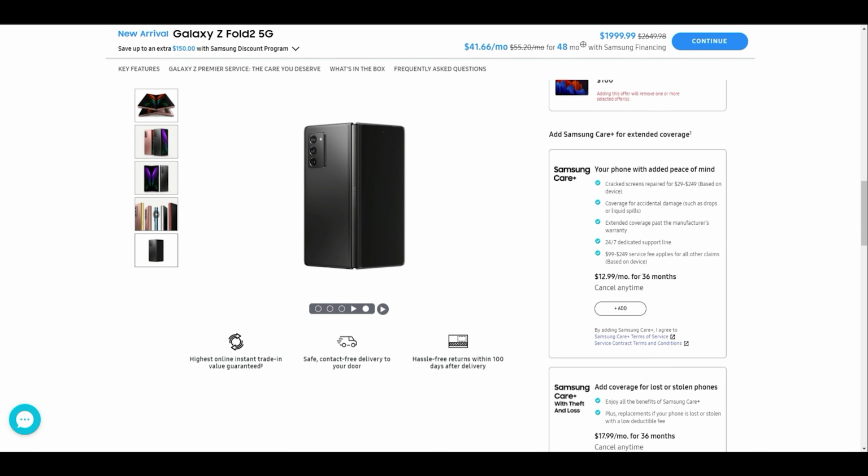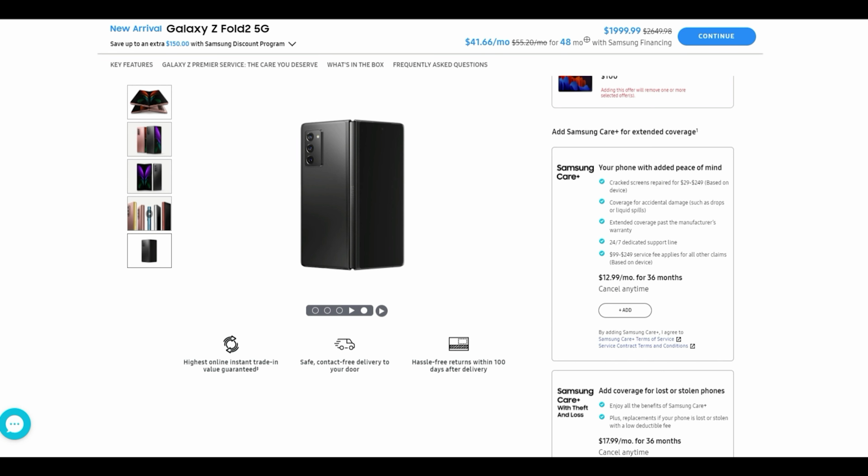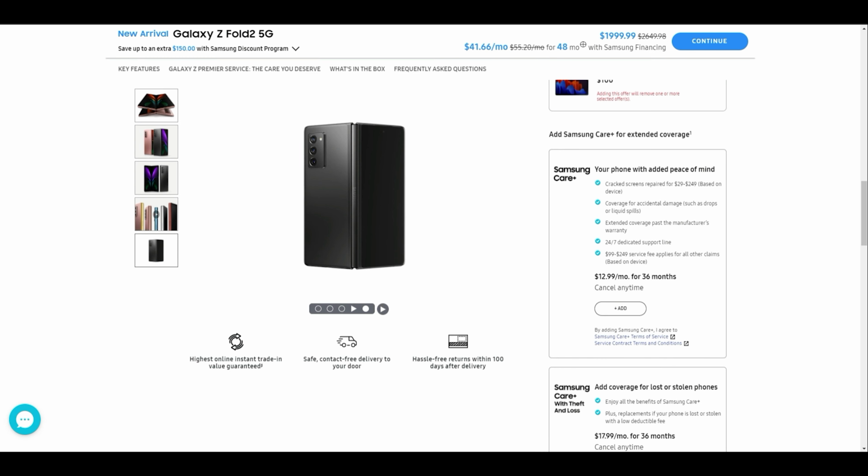Click add. Samsung Care. I decided to go with this only because it's a foldable device. They're just not as durable as some of your everyday smartphones. So I got the Care. We'll see. You can cancel anytime. So I'm going to see how it goes. I typically take really good care of my devices, so I don't think there's going to be an issue, but